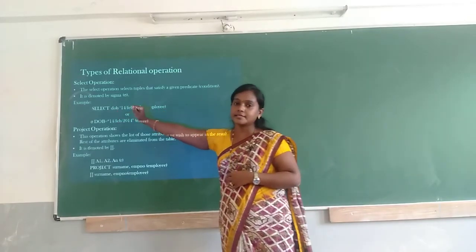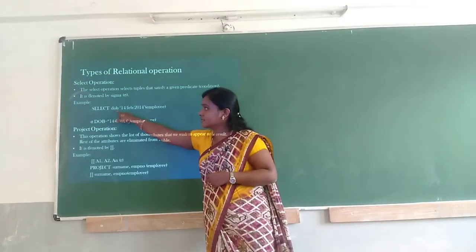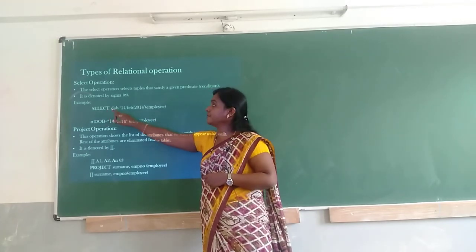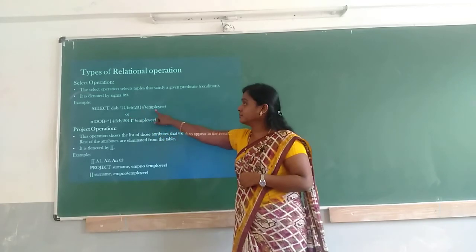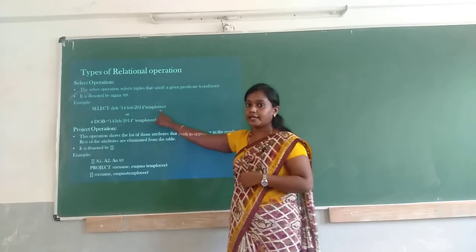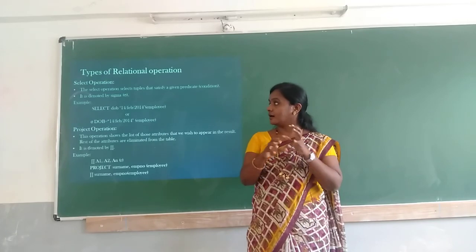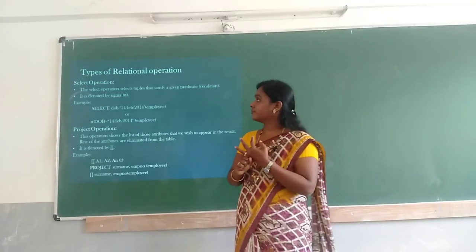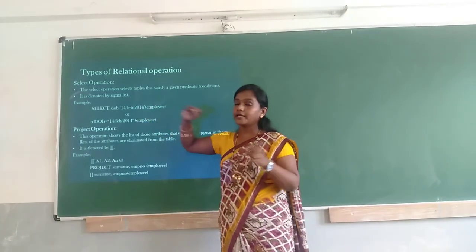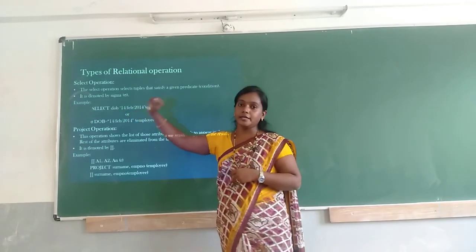is a condition and select is a keyword. Select DOB. Here DOB is the attribute name. Okay, select the attribute name condition from the table. Okay, from, but inside the bracket it is a table name. So it displays what? It displays the date of birth of the employee, which is the employee name of the person who has 14th Feb as the date of birth.